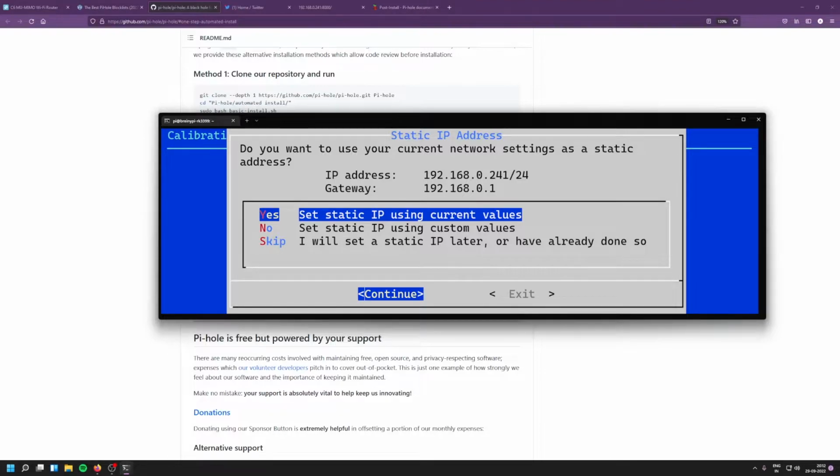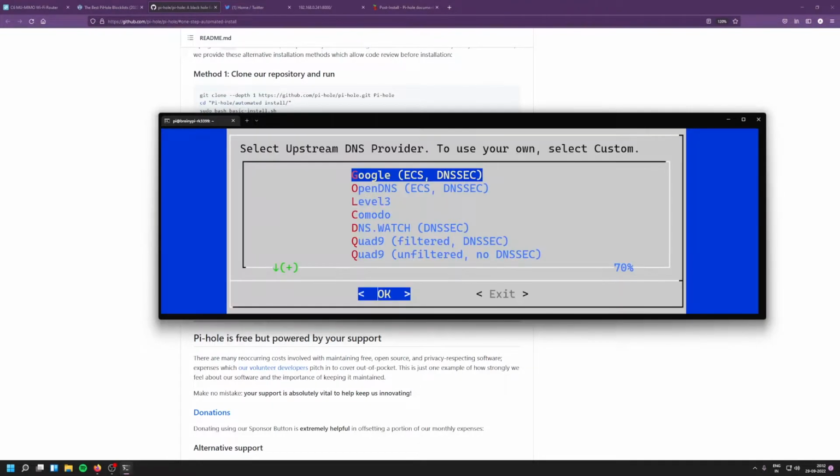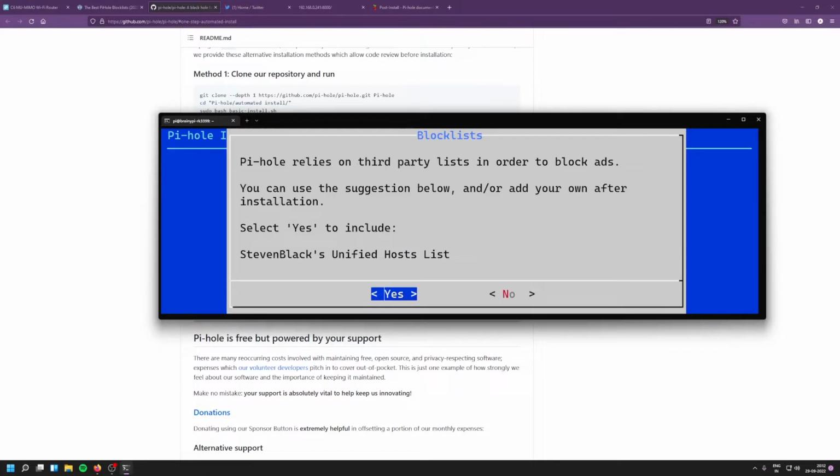So yes, we are using the 241 static IP address. So I'll click on continue. So it will prompt to select a upstream DNS provider. So this is basically the DNS provider that the PiHole will forward to for all the non-ads related stuff. So for example, all the content which are not blocked by the PiHole, it will send to this DNS provider for resolving. So we'll be using the Google. I'll click on continue